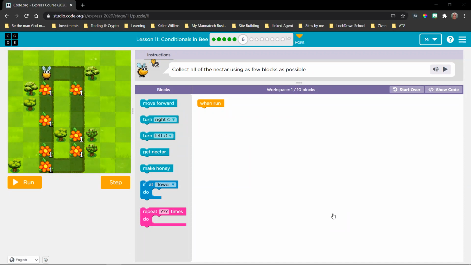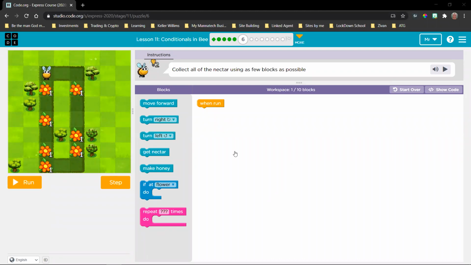Any ideas from anyone there? What block should I be using?